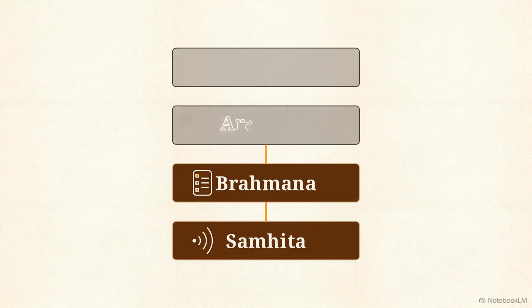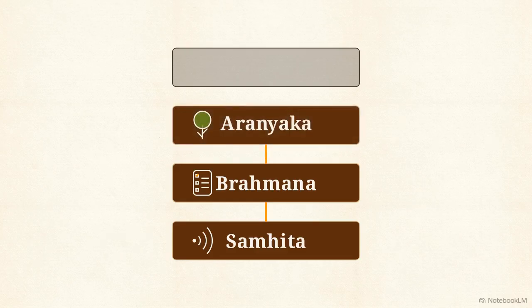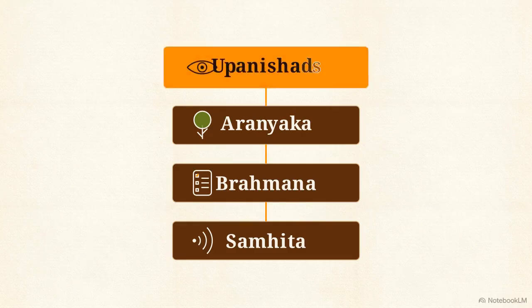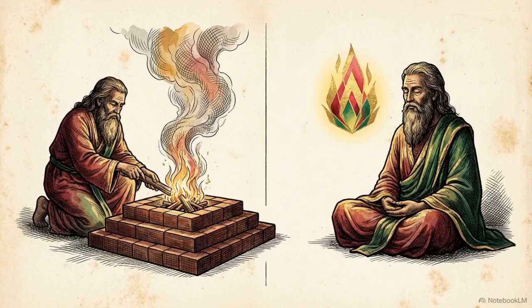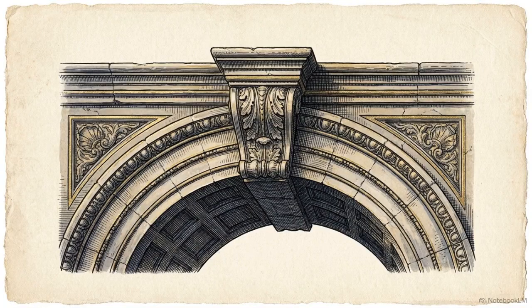The third layer is the Aranyaka, or wilderness texts. Here, the physical rituals are reinterpreted as symbolic meditations. The final layer consists of the Upanishads, which distill the entire process into philosophical conclusions. There is a psychological architecture here. The text moves the practitioner from performing external, physical rituals to mastering internal, mental philosophy. This final Upanishad layer is also known as Vedanta, literally the conclusion of the Vedas.